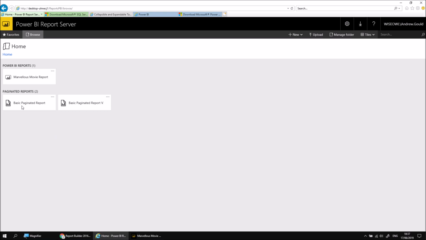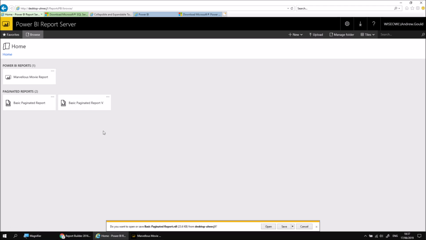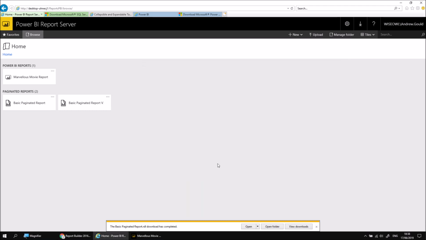I can still edit the deployed report using the Power BI version of Report Builder, but in order to do that, I'd have to download the RDL file first. So if I click the little ellipsis button to launch the menu for the original basic paginated report, I'll first of all need to download it. So this is basically saving a local copy. I'll save this to my desktop. I'll just overwrite the existing version, save that, replace it with the one I'm downloading,